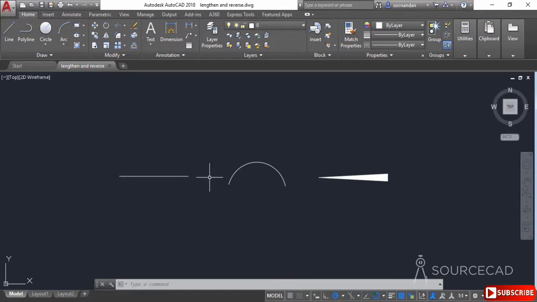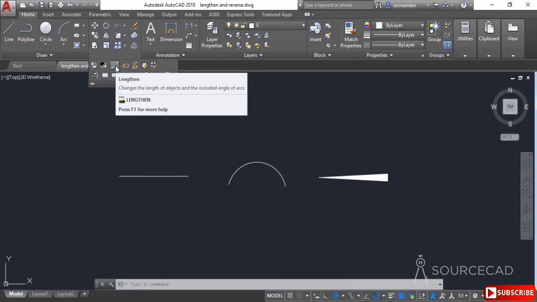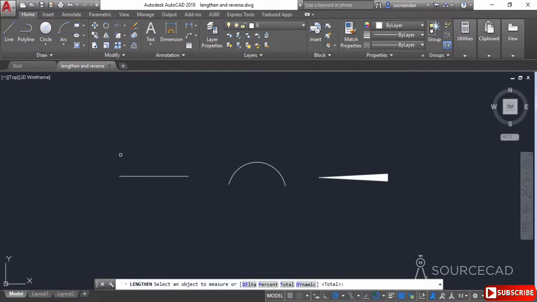For example, here we have a line and an arc. Now using the lengthen tool, we can increase their length, and here also we can increase the length of this arc or the circumference of this arc, so that will affect the included angle. To start the lengthen tool, expand the modify panel and select the lengthen tool from here. Now select it and click on the object whose length you want to find. In this case, I'll click on this line, and here we have the length of line, which is 100